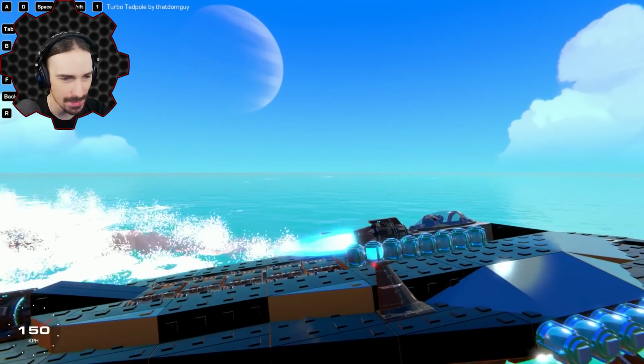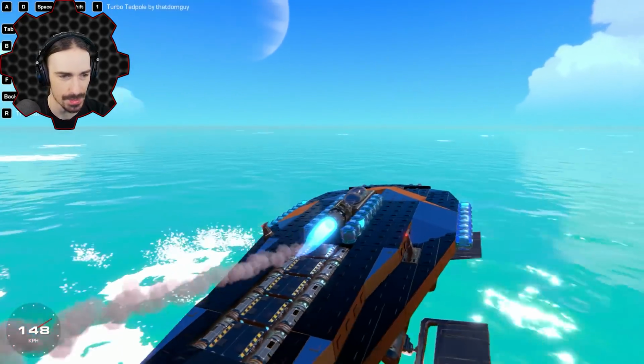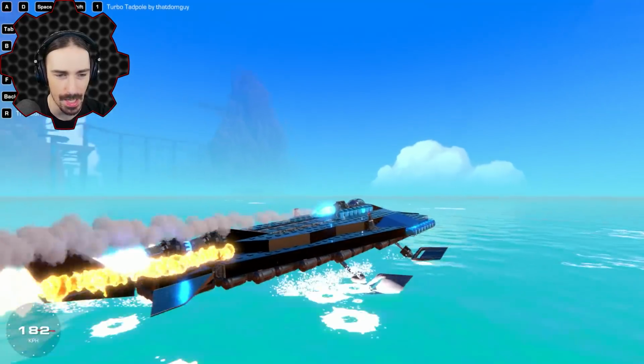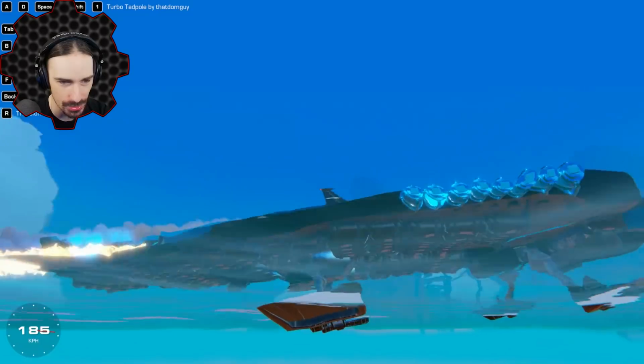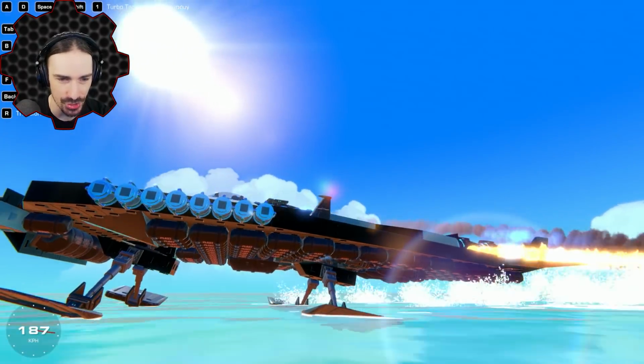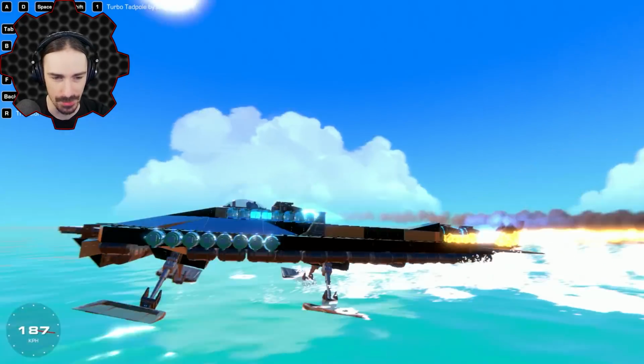I don't think I've really seen much of that in Trailmakers. That's a common thing in Scrap Mechanic for people to do with the timer blocks. But this is the first time I've really seen that in Trailmakers. This is a lot of weight to keep above the water. I mean, just look at how many buoyancy pontoons this thing has just to keep it floating when it's resting in the water. And then you don't need any of that once you get up to speed in the hydrofoil